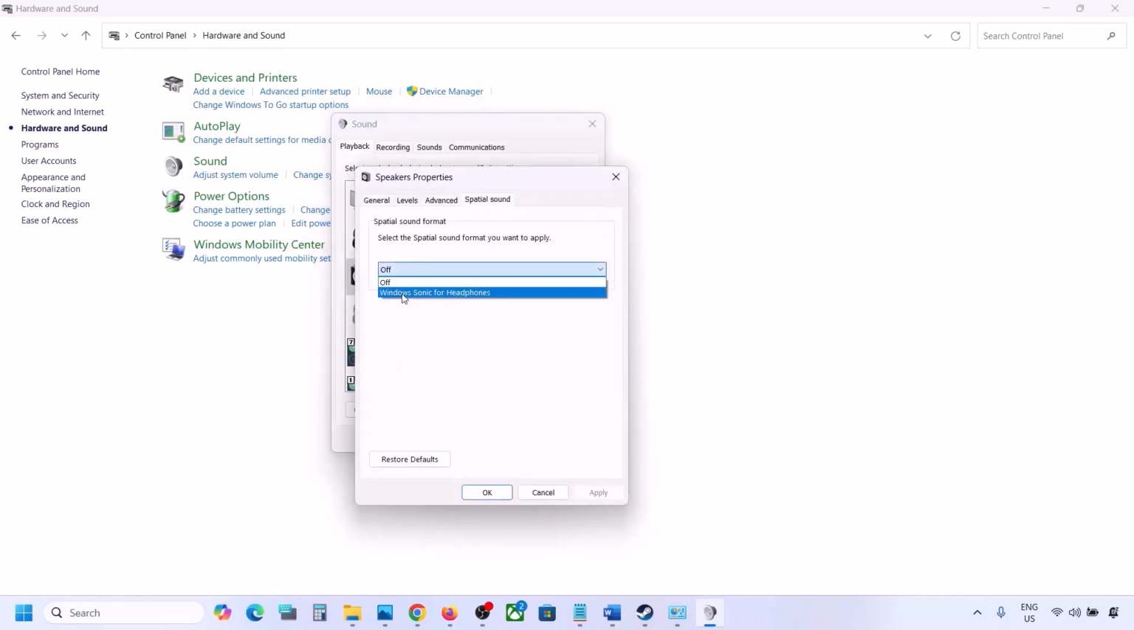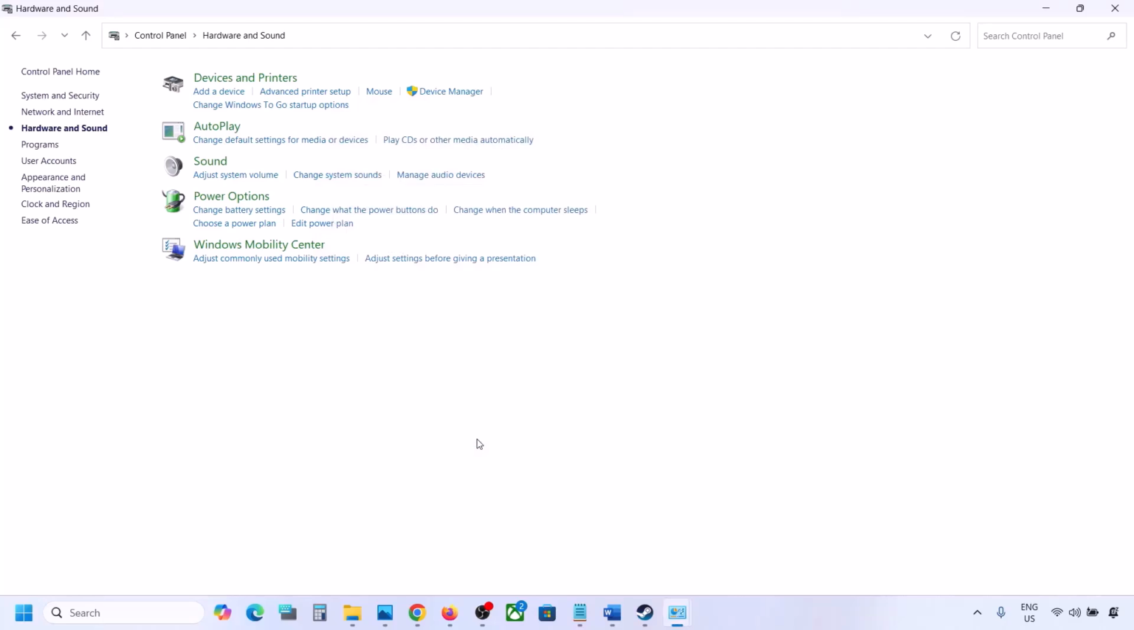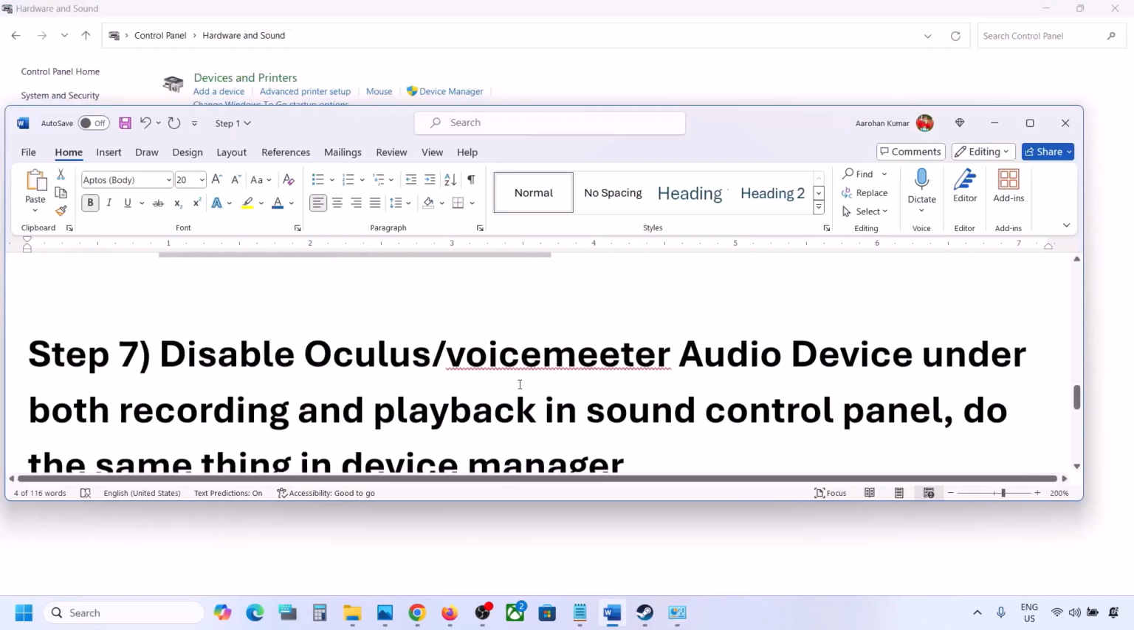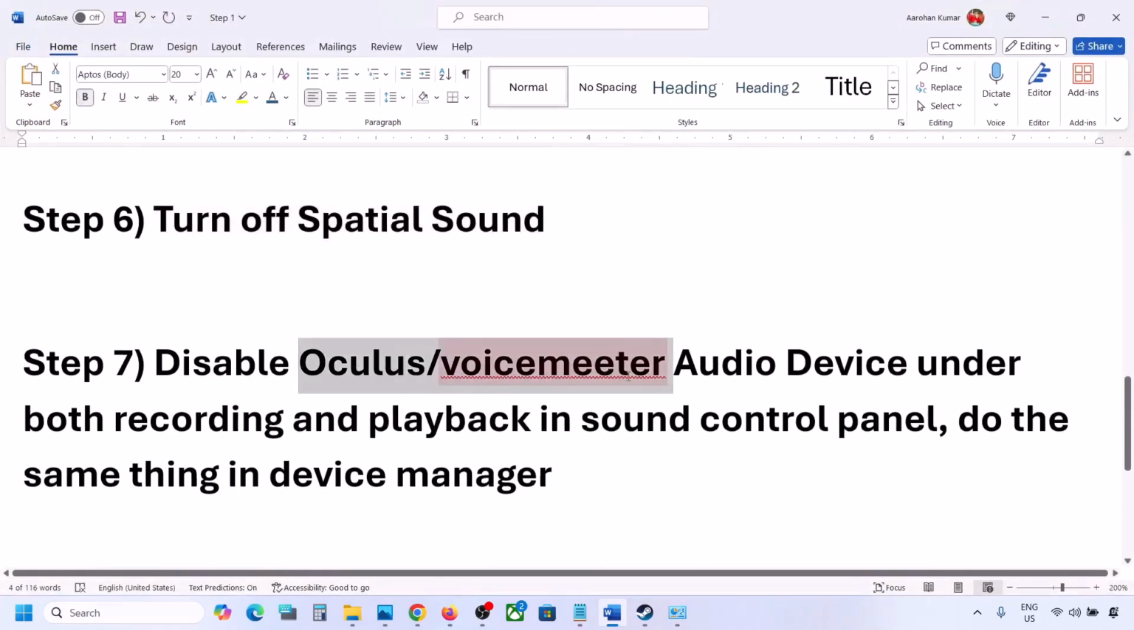If this is set to Windows Sonic, you can turn it off and then click on OK, or you can do the vice versa. If it is already set to off, then you can try Windows Sonic and then check. Now the next step is, if you have applications like Oculus or voicemeeter or any other audio